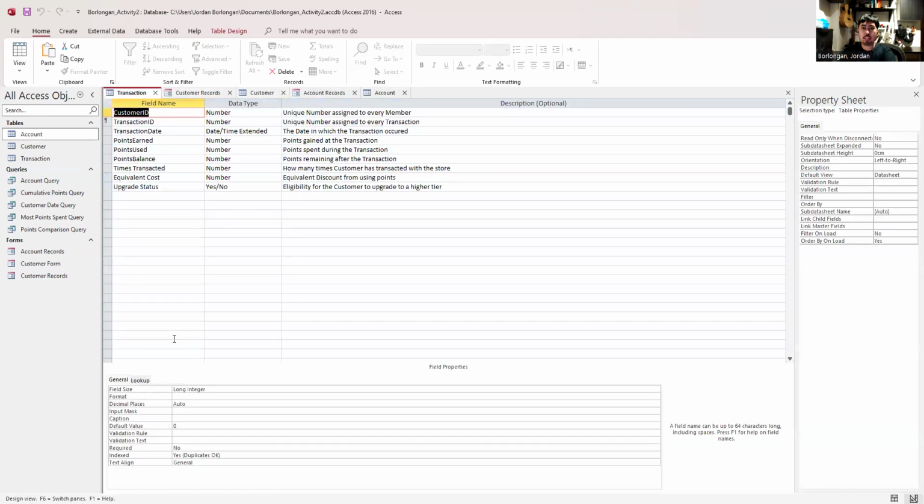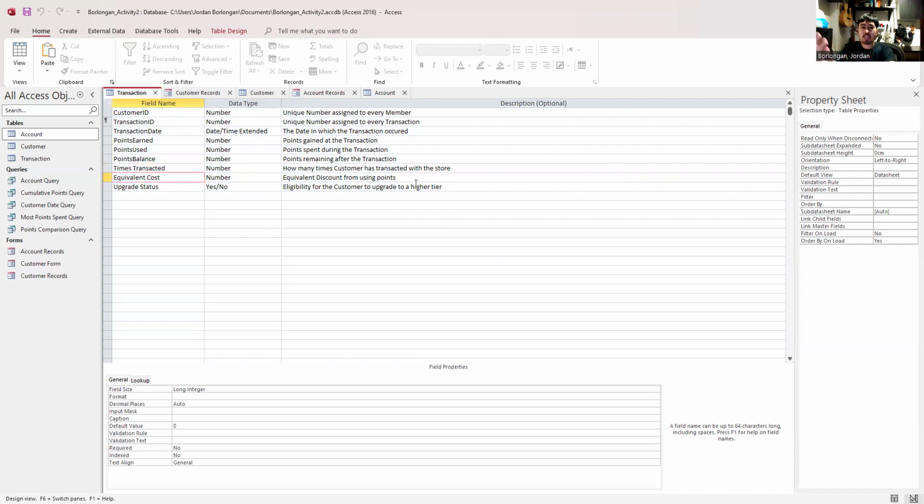So let's now move on to transaction. So the fields that I have added here, they correspond to, firstly, the total times that the customer has purchased something from my store. So it's just number, and then equivalent cost.